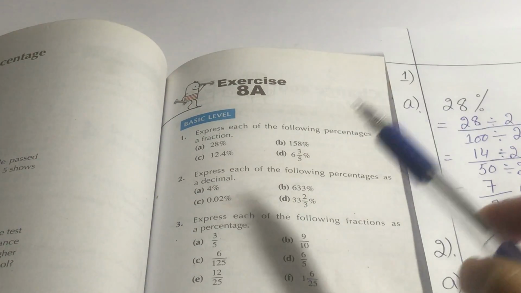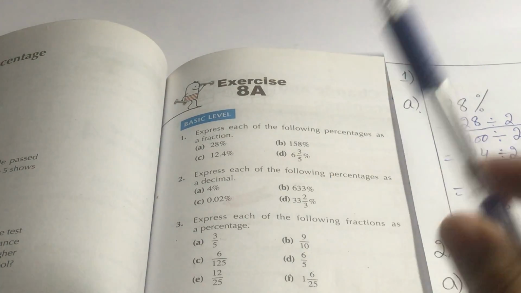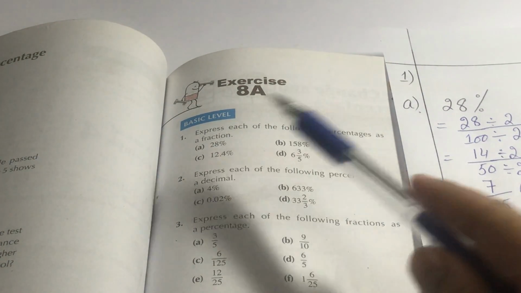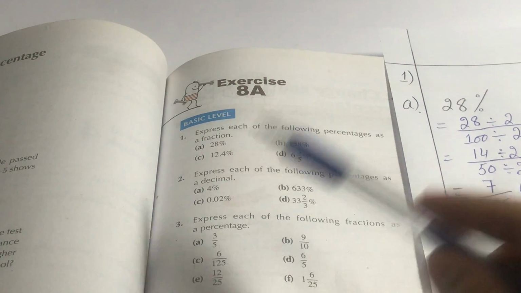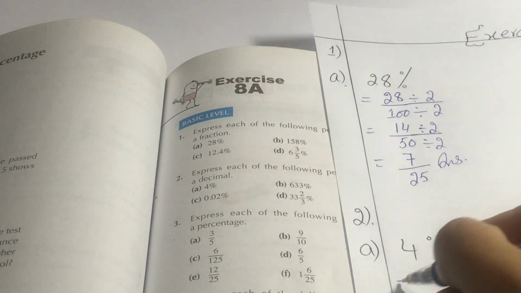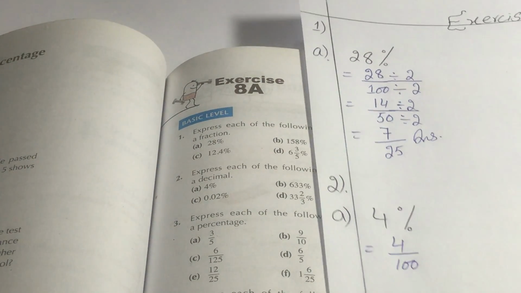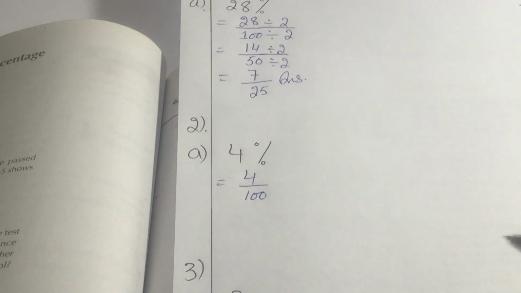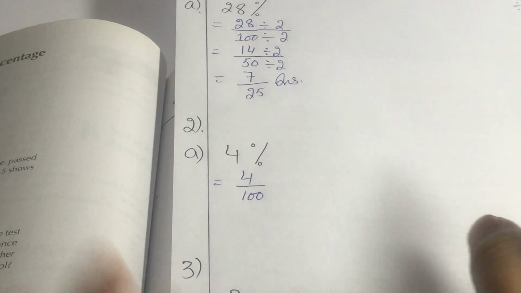Our second question is: express each of the following percentages as a decimal. What's the difference between these two questions? In the first you have to convert your percentage into a fraction, and in this question you have to convert your percentage into a decimal, right? Same, 4% means 4 out of 100, right? 4% means 4 out of 100, and you can divide 4 by 100 in the vertical form, but